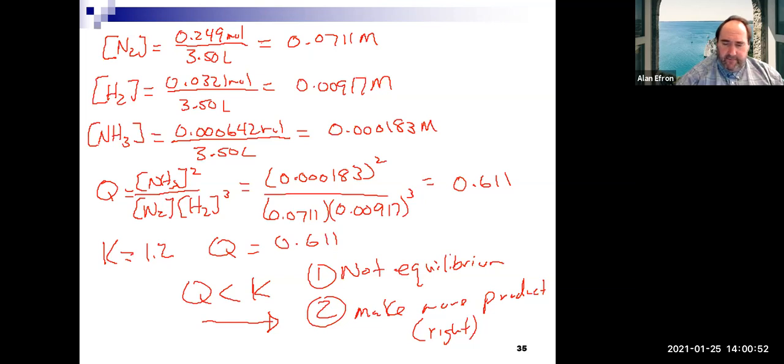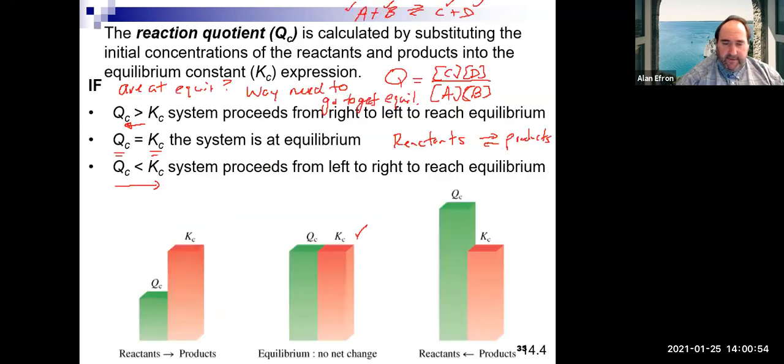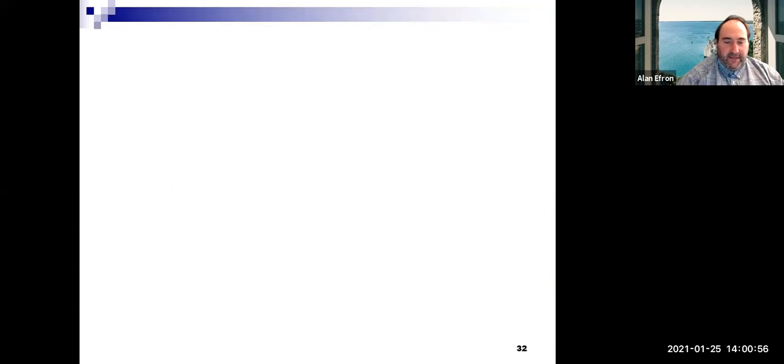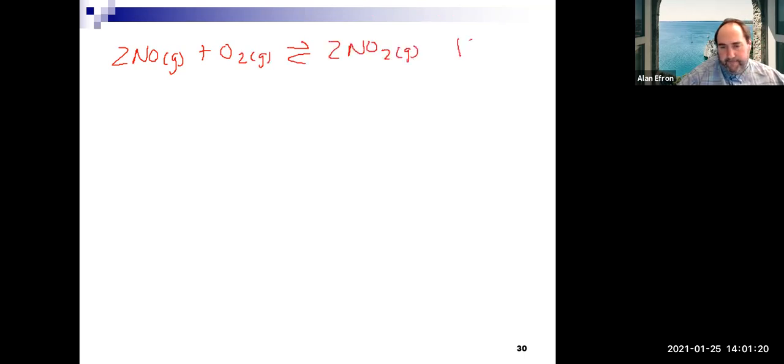Okay. Before we go too far into the next topic, let me just go back and let's take a look at an example of sort of what we were talking about, using different equations and sort of manipulate them just to make sure everybody's on the same page. So let's say we wanted to know what the K value was for this particular reaction here. Given that you started with, we'll go with,